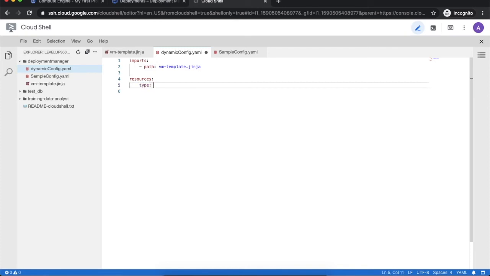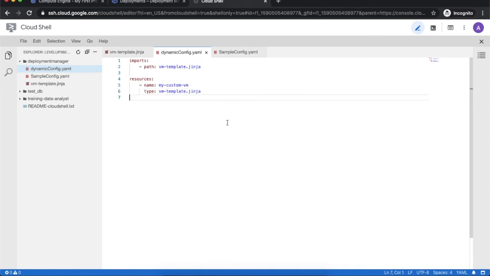And inside the type, you again need to define your template name which you just imported. So the resource, then I'm defining the resource type, and in my resource type I have this particular template. If you want to define the name, you can define the name as well. So I can simply define it like this, hyphen name, and the name of my VM instance, like my VM or my custom VM, right? And you need to make sure that we are formatting this particular thing.